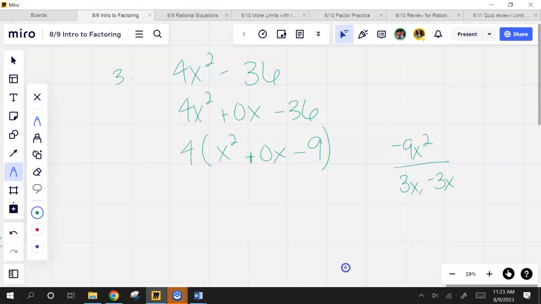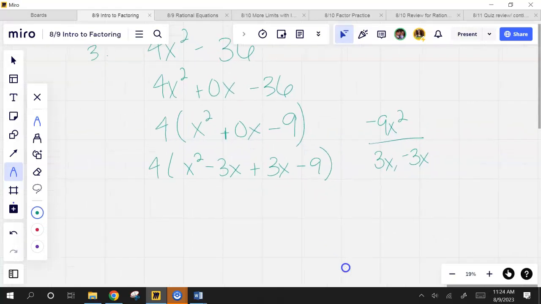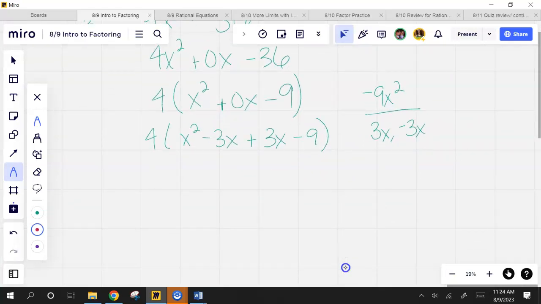Instead of 0x, and again, I've got this GCF. Remember, ignore it. It's just going to follow the problem down. I'm not going to do anything with it, that 4. I'm just going to keep writing it. I'm going to do my negative first because I don't want to have to change a sign. What do I do now? Slash. On your test, you're going to say, what do I do now? And I'm going to say,